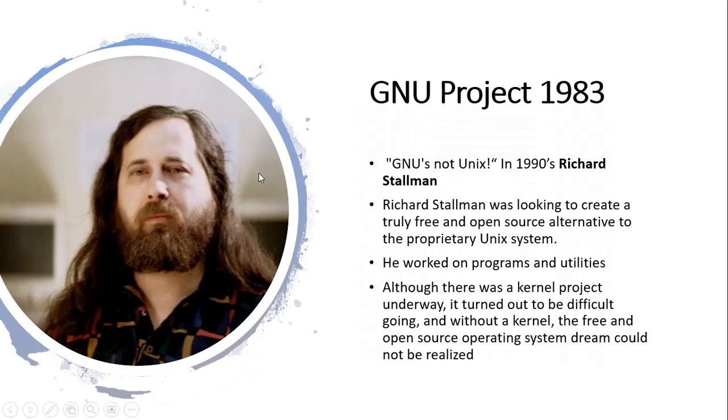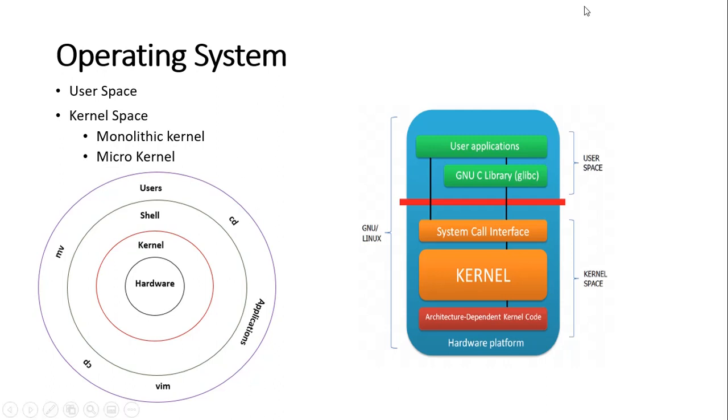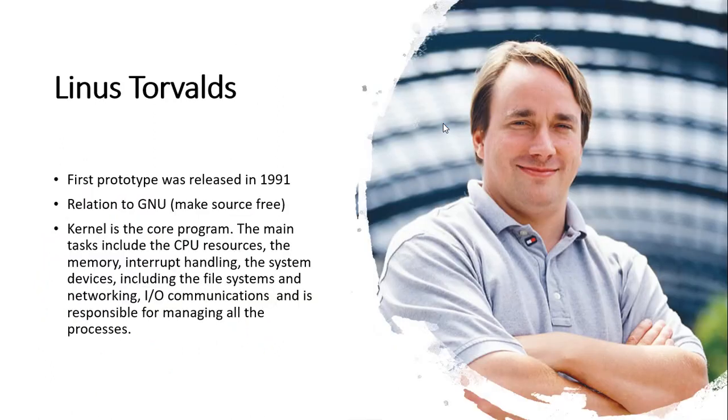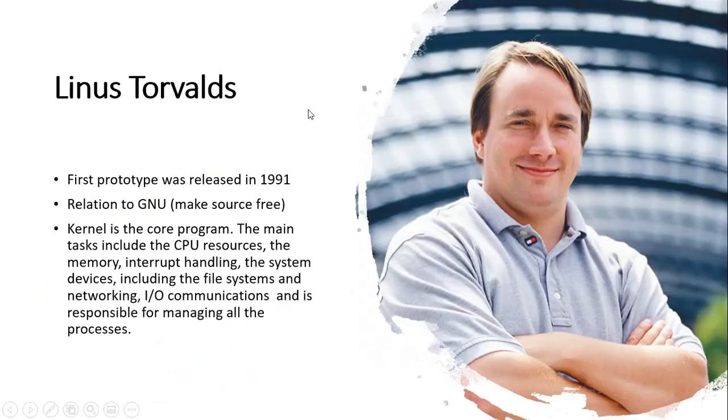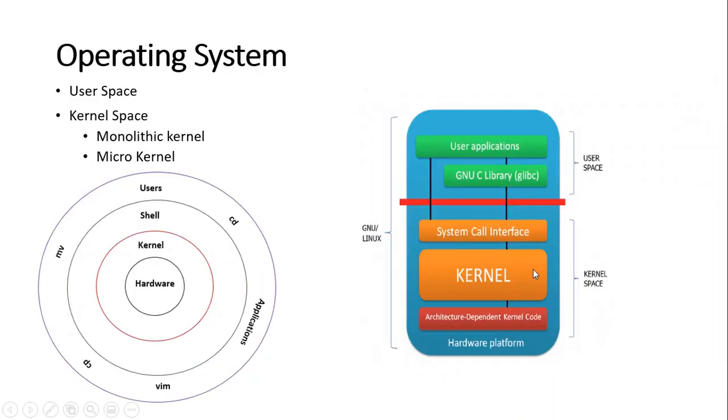Richard Stallman, with his community, was able to complete many application software and other utilities, but there was an issue. They were unable to develop a full kernel. But in 1991, Linus Torvalds developed the kernel. As we know, the kernel is the main heart of the operating system. It has control over the entire system. The main function of this kernel is to allocate the hardware resources and manage all the permissions. All things are managed by this kernel, and it got the name Linux kernel.